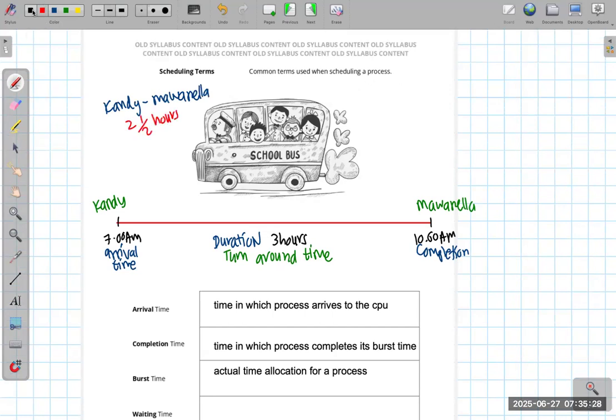Okay, we'll say from Colombo to Kurunegala, from Colombo to Kandy, again, the duration is 3 hours. So